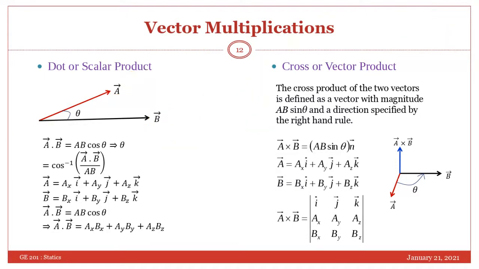Now, what about vector i with j? Who will tell what will be the answer now? Vector i dot vector j. It's 0. Very correct. Vector A dot vector B is AB cosine theta. The magnitude of vector i is 1, the magnitude of vector j is 1, and the angle between them is 90 degrees, because if I call this the x-axis and this the y-axis, then your i is this one and your j is this one.